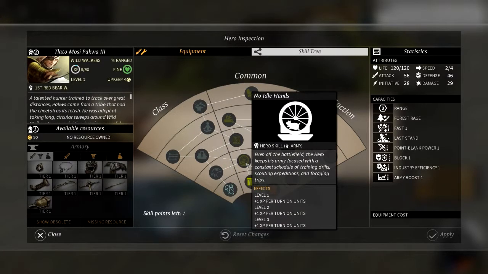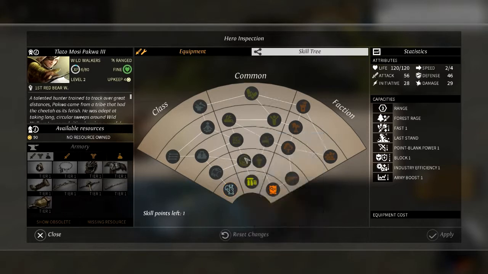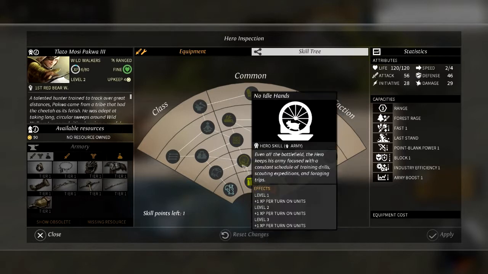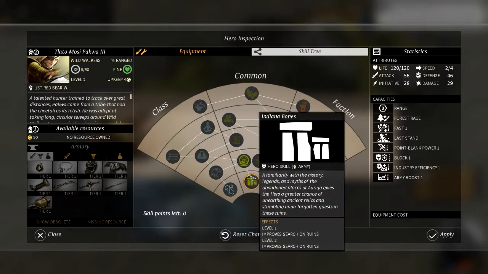Even though the movement speed is quite useful, I'm kind of tempted to go for the search on ruins, because this is going to be my main guy, and there's lots of ruins at the start. We might go for that, and especially it leads us directly into No Idle Hands, which is an ability I love to have, especially over a large amount of time. It gives XP over time. Essentially, every turn, everyone in that army gets just 1 XP, and even if you need 60 to level up, it just means that you're getting something, and I think that's really good. So we'll chuck it into that, level 1 at least,